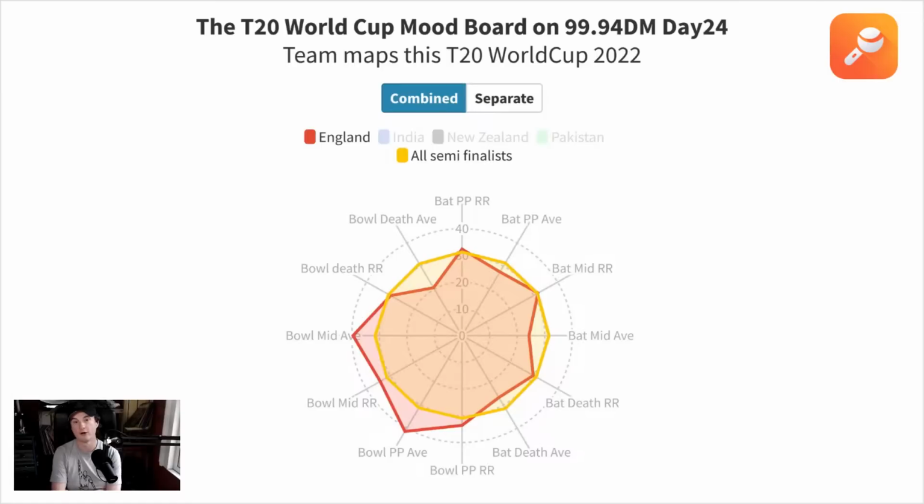Part of that was probably Eoin Morgan's struggles, and also because they go so hard. But traditionally, they've been able to hold their own there and be able to play in that particular way. So you can see it's something slightly different from that perspective. And then if you come down to the batting death run rate, again, they're actually below the average, which is not what I expected to see when I came to this. But they really have struggled at the end. And again, they're losing a lot of wickets. So you can see all the way through, they're losing wickets.